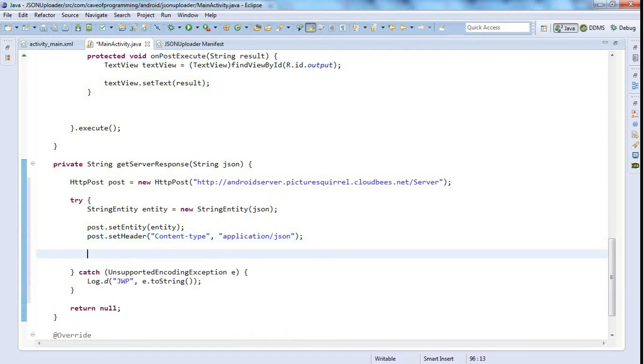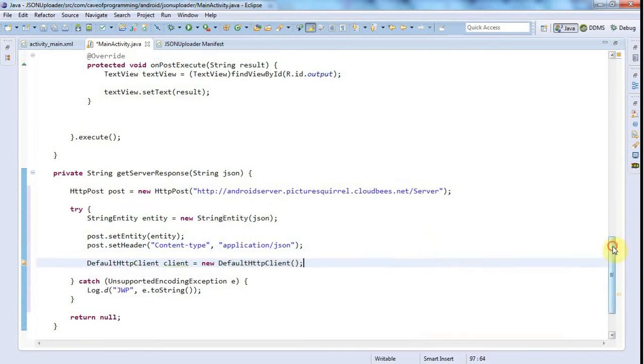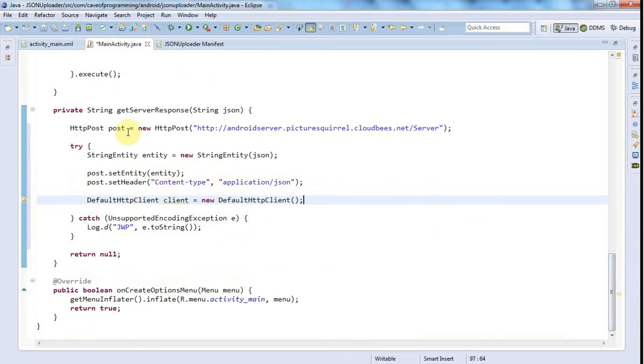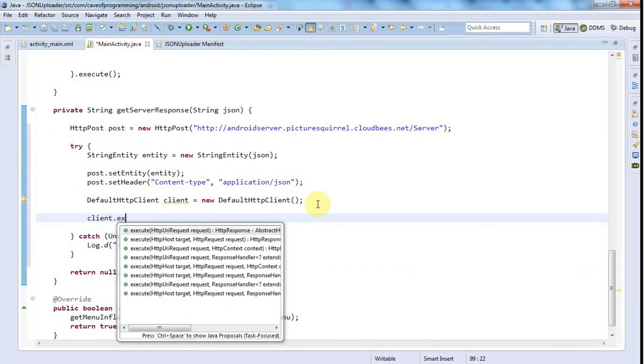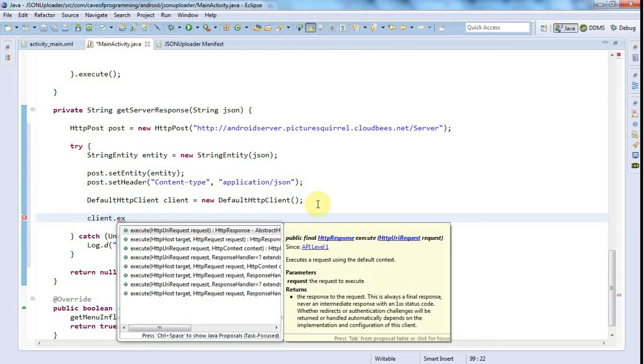And now I'm going to use a default HTTP client, and let's call this client equals new default HTTP client, and this is the thing that's actually going to send the post request. So the HTTP post here just encapsulates the idea of the actual request, but it's the HTTP client that's actually going to send it. And I'm going to use client.execute, and I'm going to pass in my post